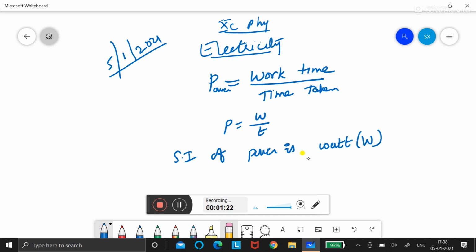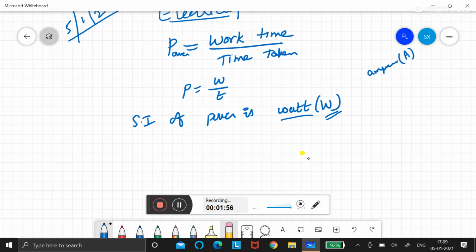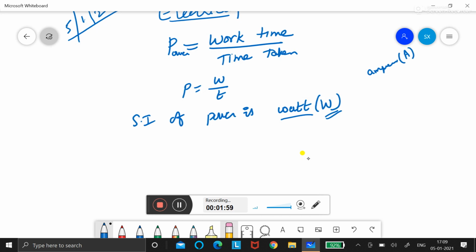Even in your test paper I have seen you made a mistake with ampere. When you write the SI unit of current, ampere, you should write capital A. So here also, watt, W-A-T-T, is a scientist's name. You write small letter w, not capital W. But if you just want to put the one-letter symbol, you should put only capital W. Otherwise, if you want to write it fully, you should write small letters w-a-t-t. That is the SI unit. For any physical quantity, you should write like that.